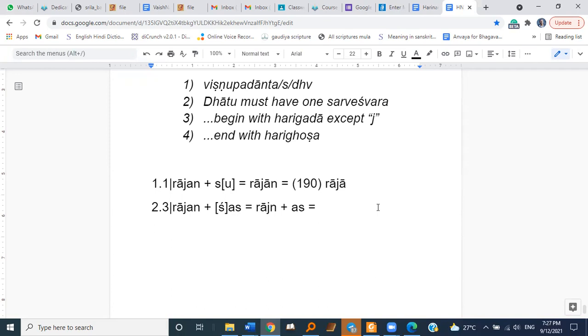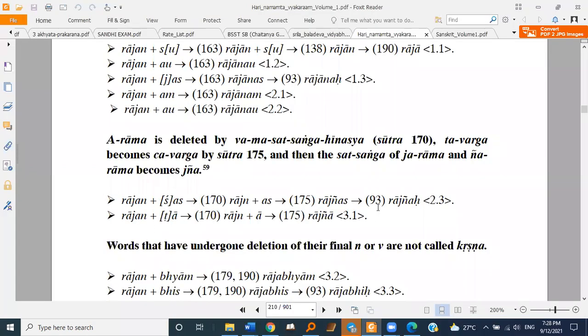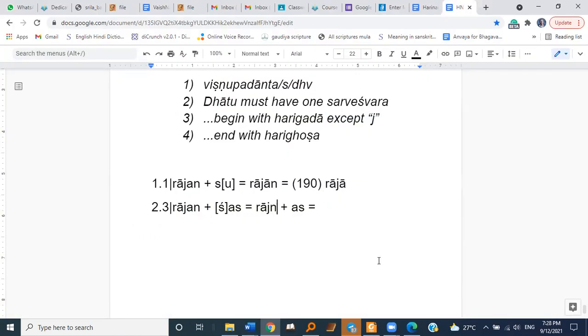Tavargasya Chavargash Chavarga Yoge. One sutra we did before. That when a Tavarga letter is joined with a Chavarga letter, like here Ja Rama is Chavarga and Na Rama is Tavarga, this Tavarga letter becomes Chavarga letter. So it becomes Nya. So we get Ragnya. Then Ragnya